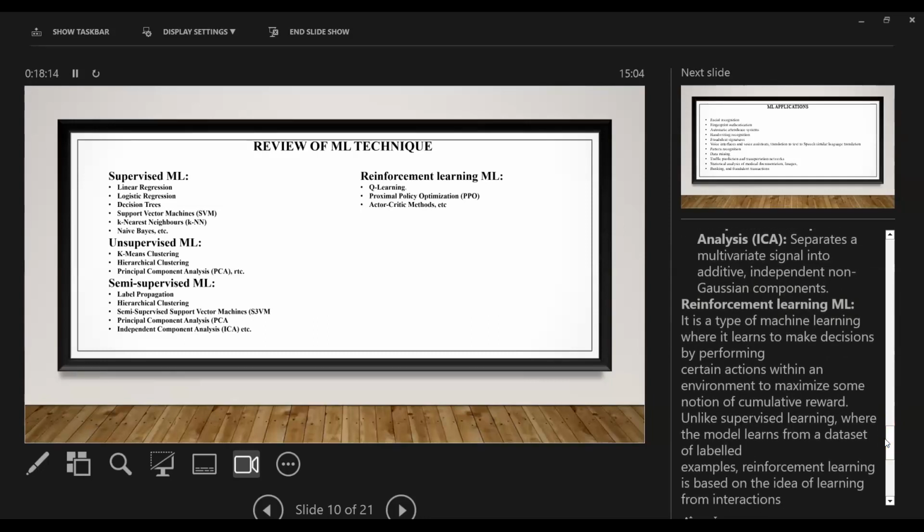So the last category which we have is reinforcement learning. It's a type of machine learning where it learns to make decisions by performing certain actions within an environment to maximize some notion of cumulative reward.